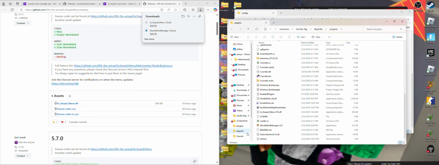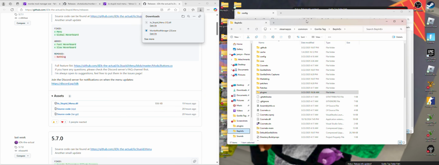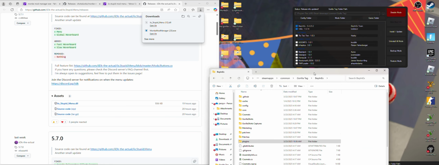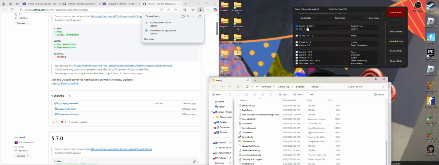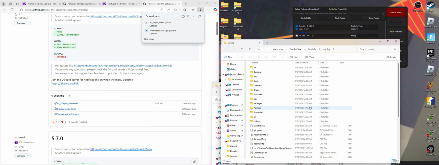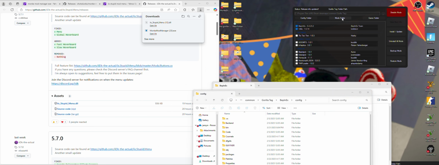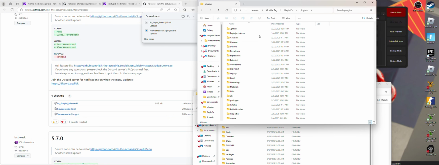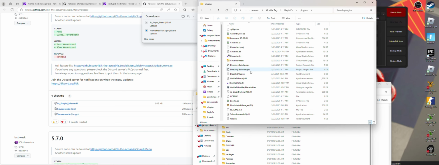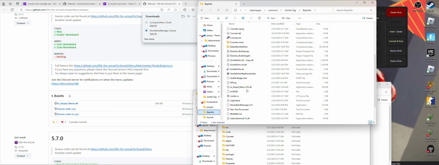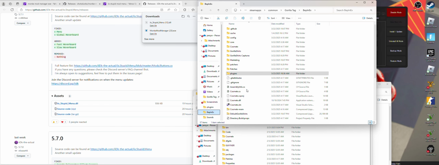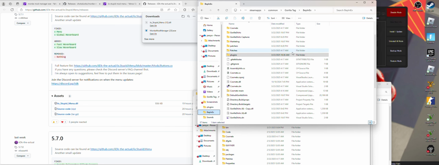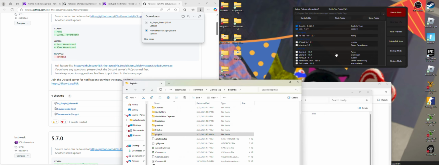You also want to go to the BepInEx folder, and the way you can do that is go to where's config. Well, you don't really need to go to the BepInEx, but all you want to do is once you have everything in there,